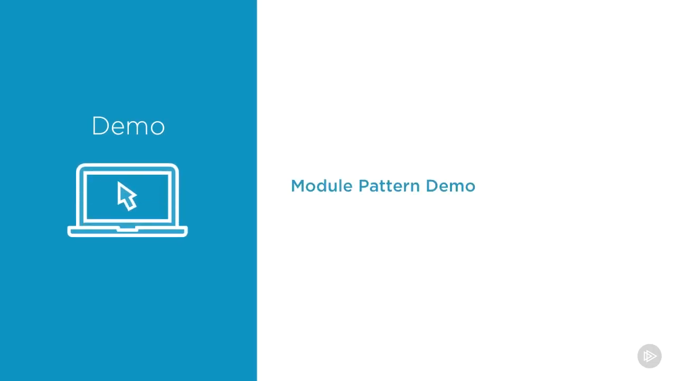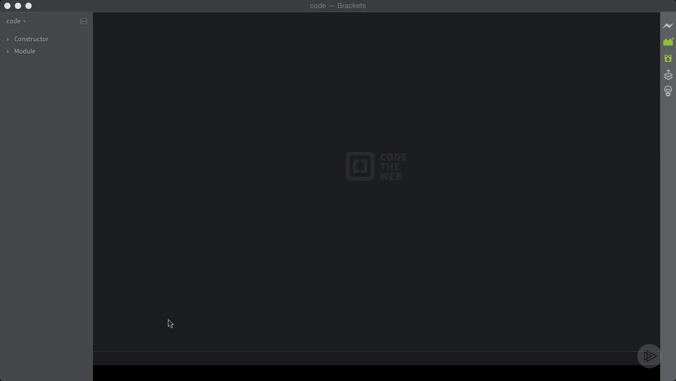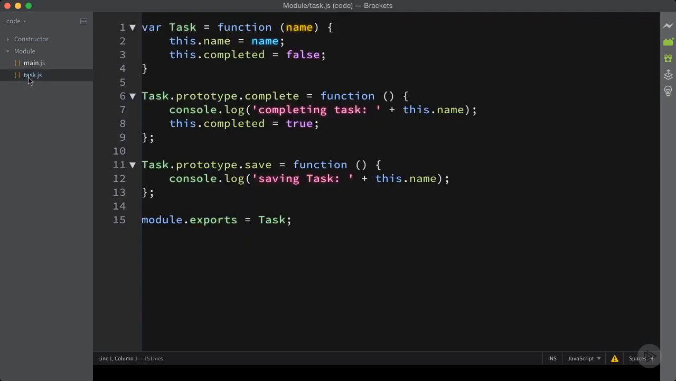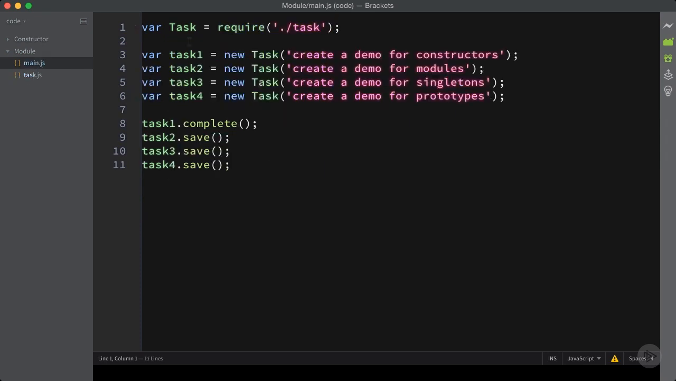All right, now let's take a look and see how we would lay this module pattern out in practice. If you remember, we have a task object, and this task has a name on it, it's complete, and we've got a couple of prototype methods as well on top of this task. And then we have main.js that just creates 4 copies of this object, and then we save and complete a